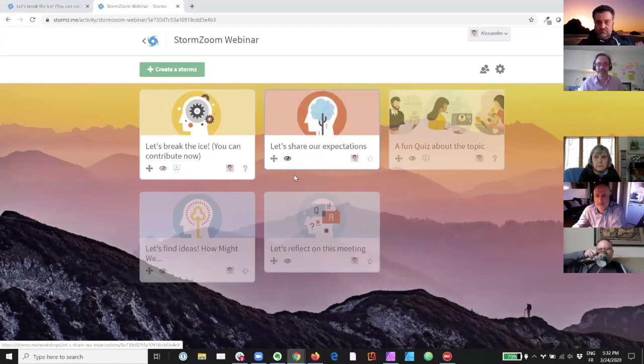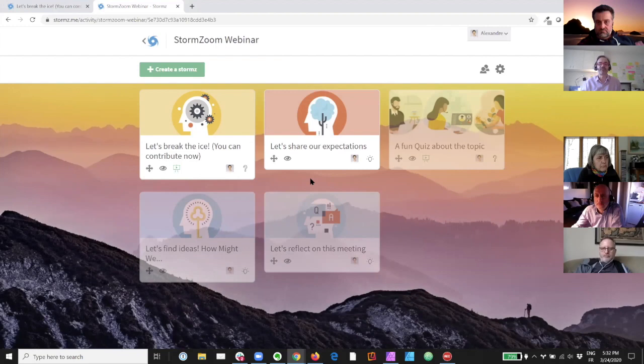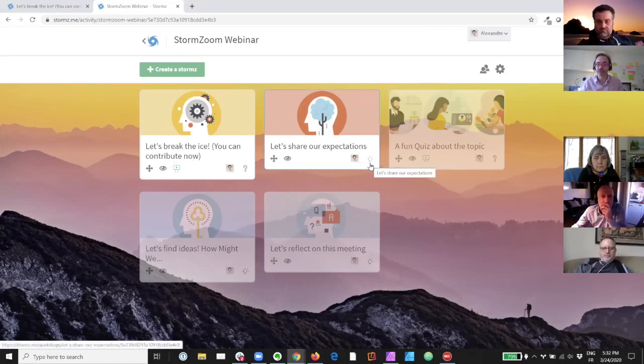And I'm going to activate it again. I click on the little eye icon, and now every one of you can join this activity. But for the moment, stay with me. So this activity is very powerful, and it's the example of, you see the little light bulb. So it's a workshop type of activity, and it's the simplest type of workshop. When you click on it,